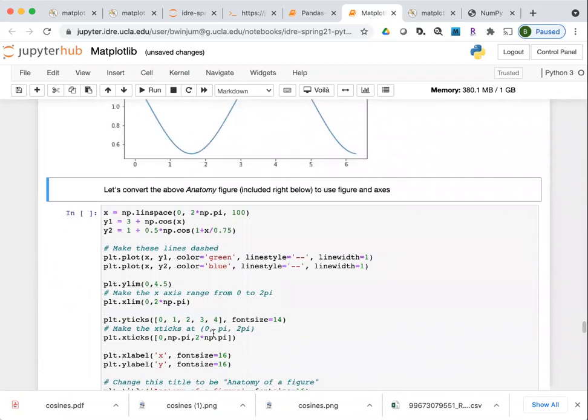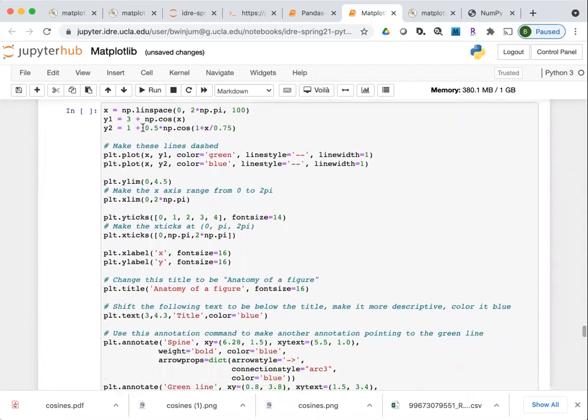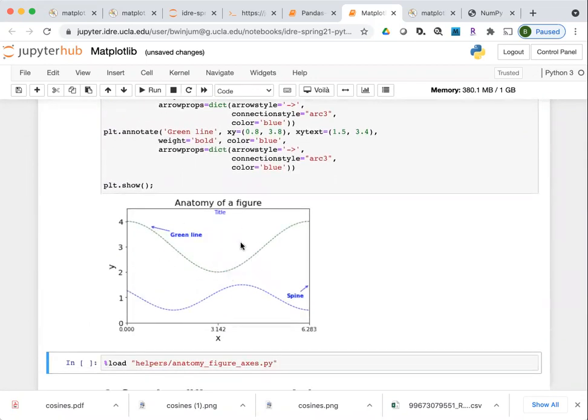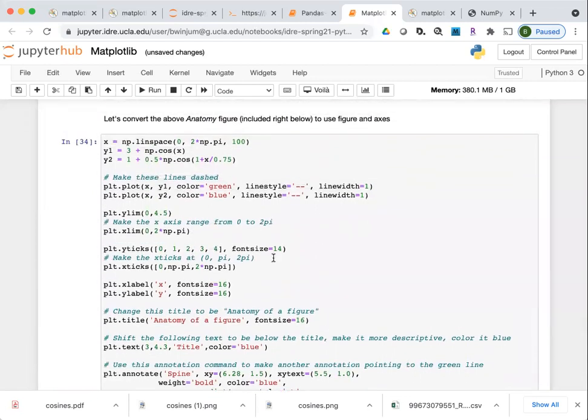So now I'm going to come back up to the code that I used as our first exercise. This is what it was when we used plt, the high level pyplot. Just to show you what this generates, this is what it generates. And now I've rewritten this. This is going to look very similar when we're working with the axes objects and the figure objects.